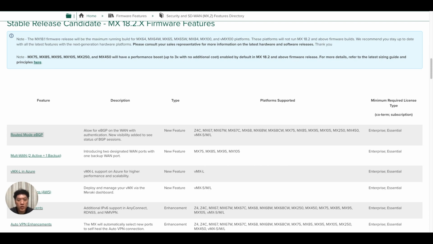From version 18.2 onwards, we have added support for BGP on MX in router mode. There are many benefits and use cases, such as if your MX is deployed at a spoke site, which requires the MX to peer with a BGP neighbor, the upstream ISP router, exchange routes via eBGP and use iBGP to re-advertise to the hub